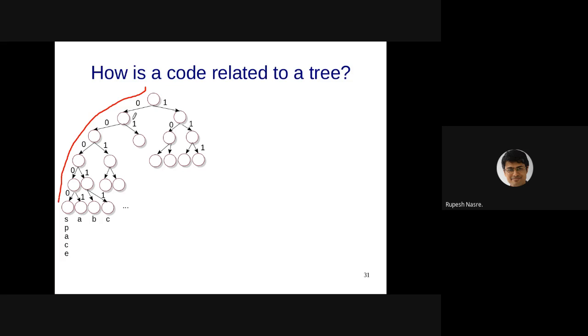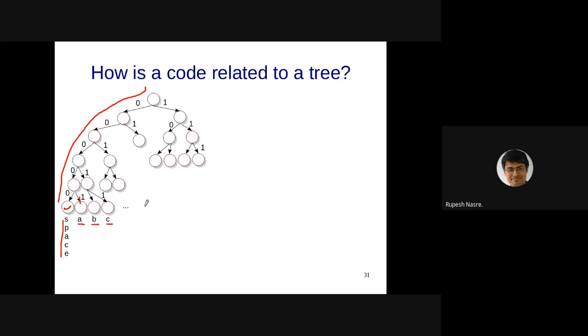Which means that 0, 0, 0, 0, 0 is going to lead me to a node which represents space. 0, 0, 0, 0 followed by 1 is going to represent A, and then 0, 0, 0, 1, 0 is B, 1, 1 is C, and so on.